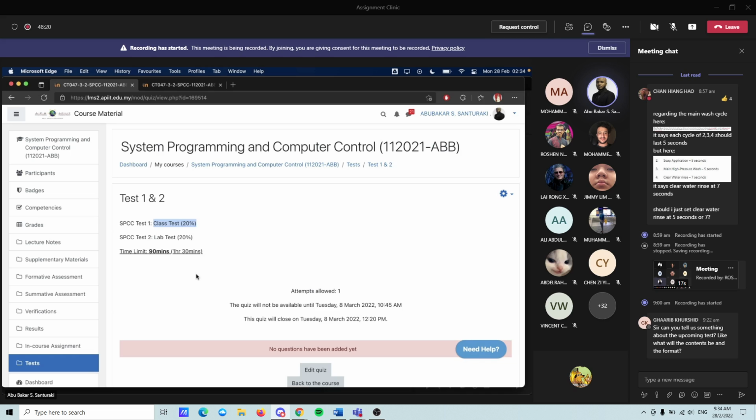So which means passing this module is fairly straightforward and easy. You begin with already 20 points. If you've done all your quizzes, that's a guaranteed 20 points already. So you're just working for the rest of the 80 points. So it shouldn't be too challenging for you. So if you have any questions regarding the test,